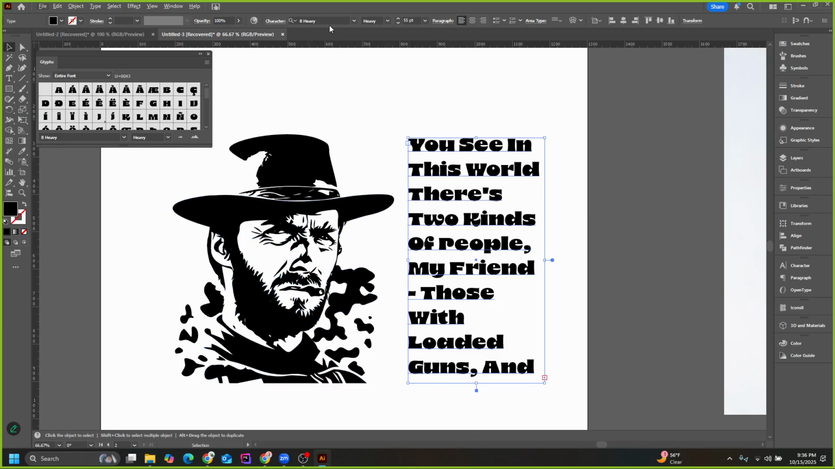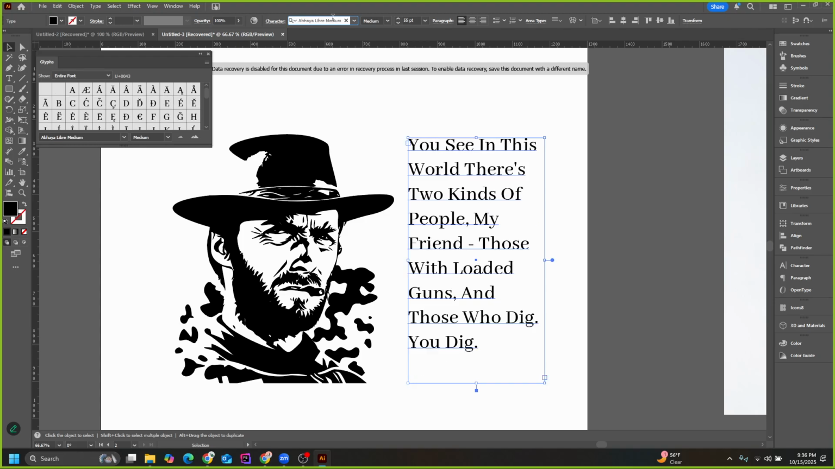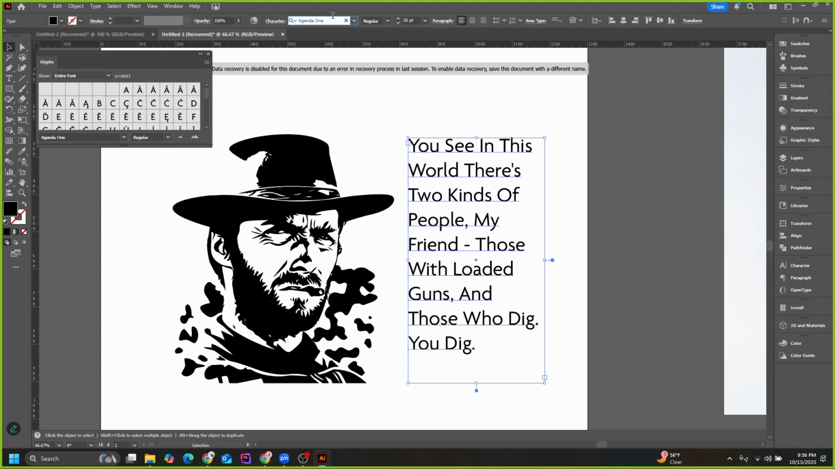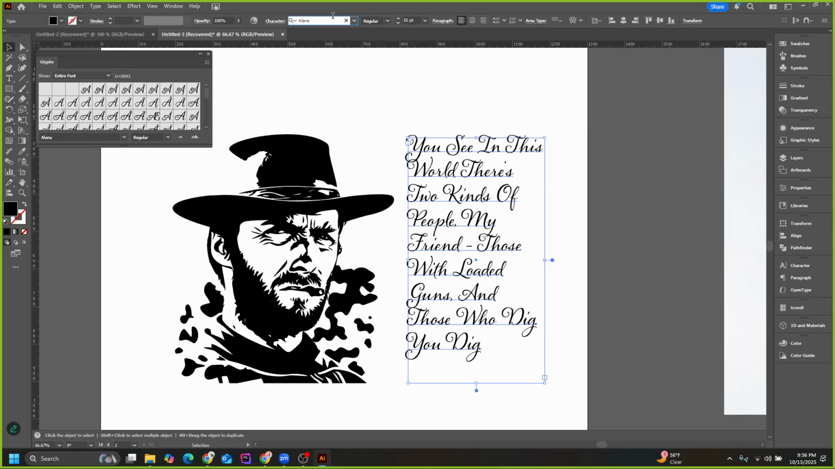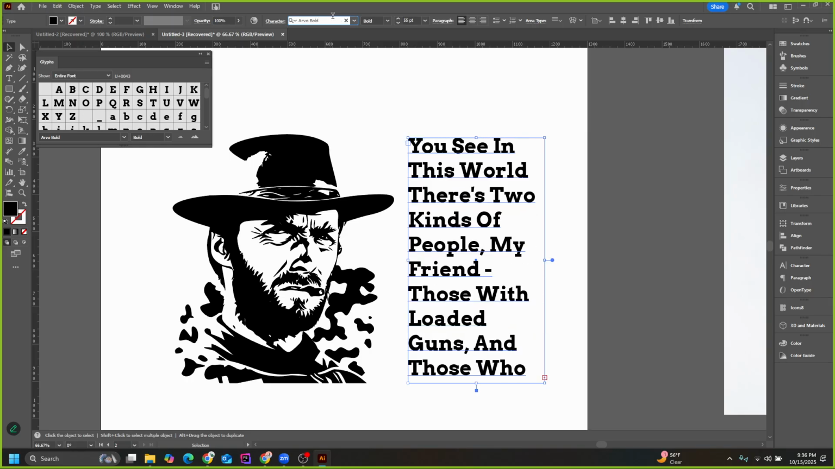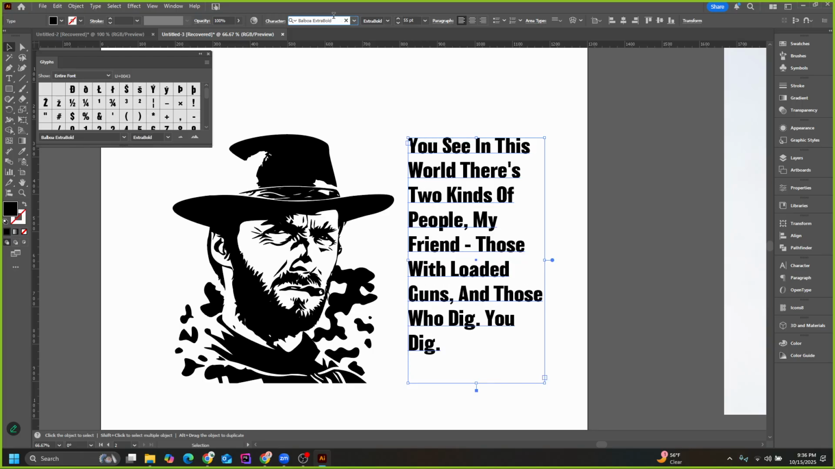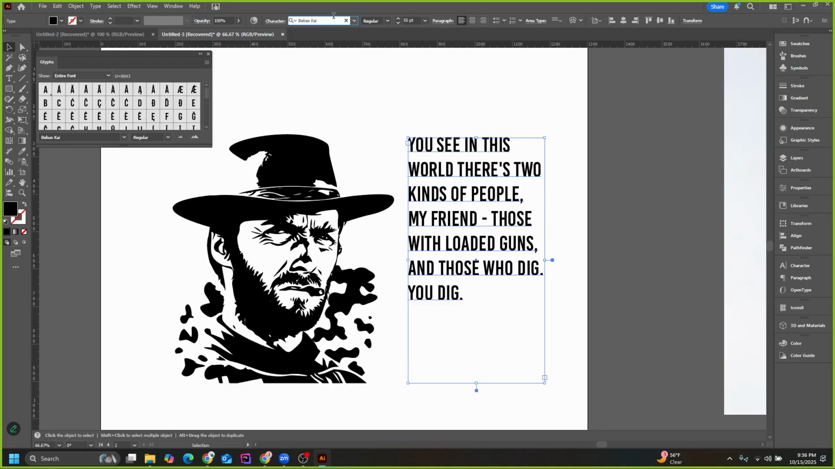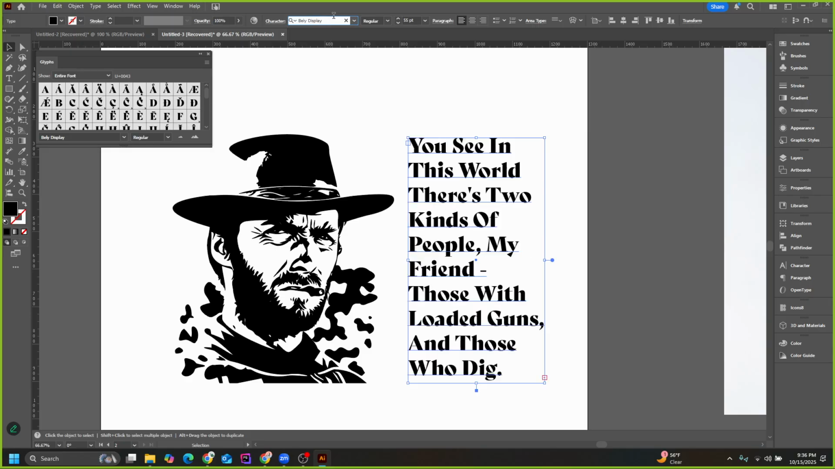Nice, thick, heavy text. I think that would look good on a t-shirt. But it's too groovy, 70s. Doesn't really match the cowboy western theme. So I'll probably go with the original one. This could work because it's kind of old school, but